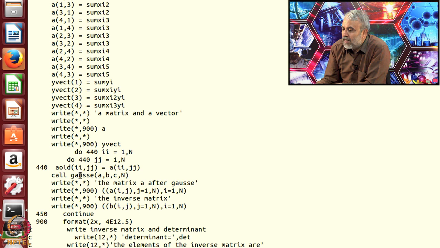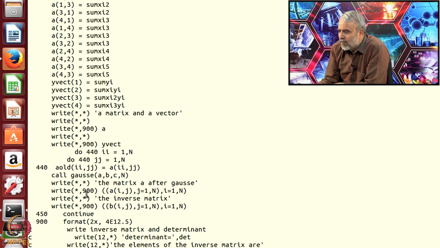So, it calls that matrix program to invert my matrix, and A will be an identity matrix and B will be the inverse. Remember, I use Gaussian elimination. There was matrix A and matrix B. At the end of the Gaussian elimination, what we got was A became an identity matrix and B is my inverse. So, that is how I will call this Gauss elimination.